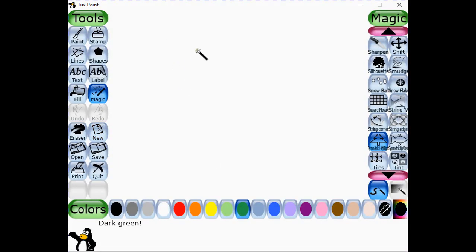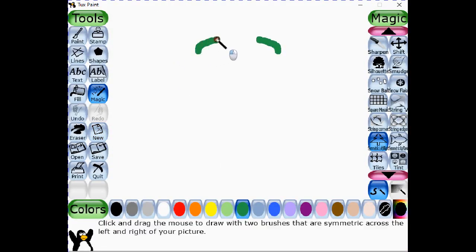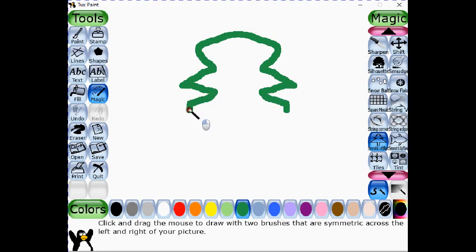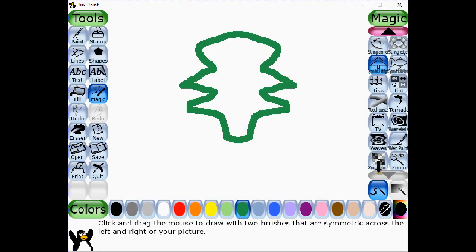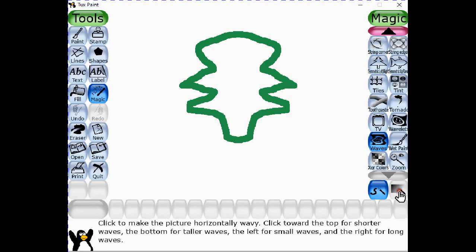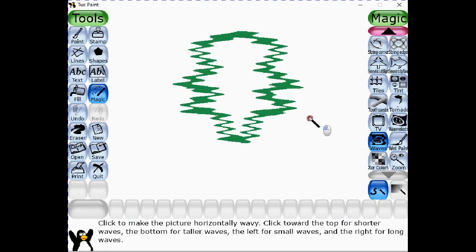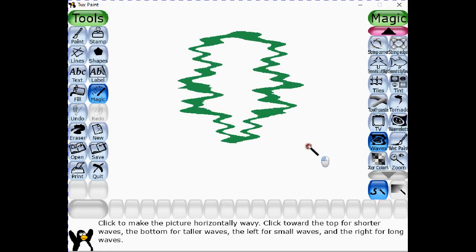Now as you can see, when I start drawing, I am drawing on one side but it is showing me the other lines. As you can see, this is the tree I am drawing here using this option, and again on both sides I can use these options to draw my tree. So different styles are available over here, and even we have this waves option. This is a very different one. If I select this again, you can see if I apply it, it is adding waves to my drawing.